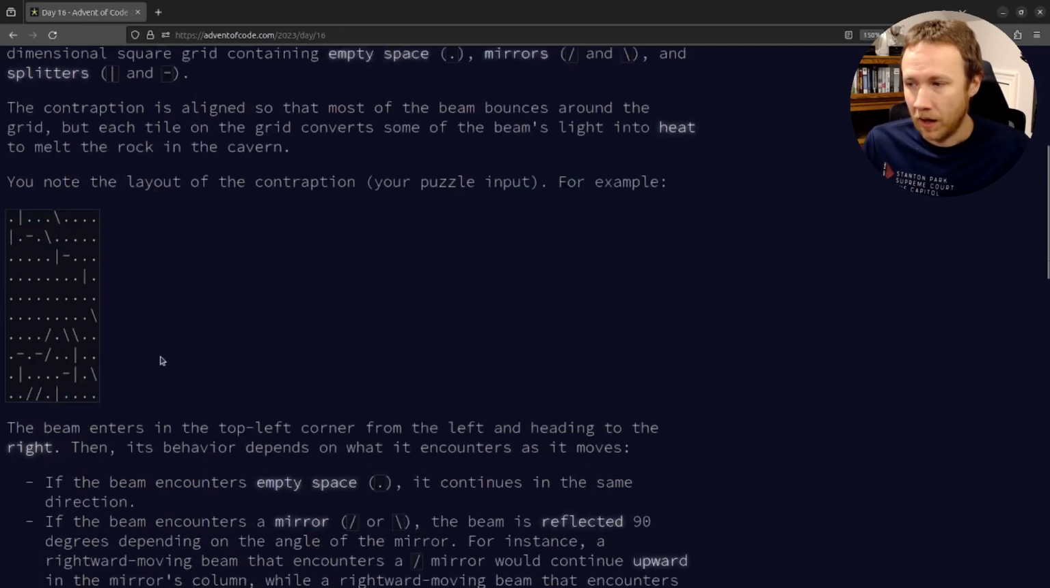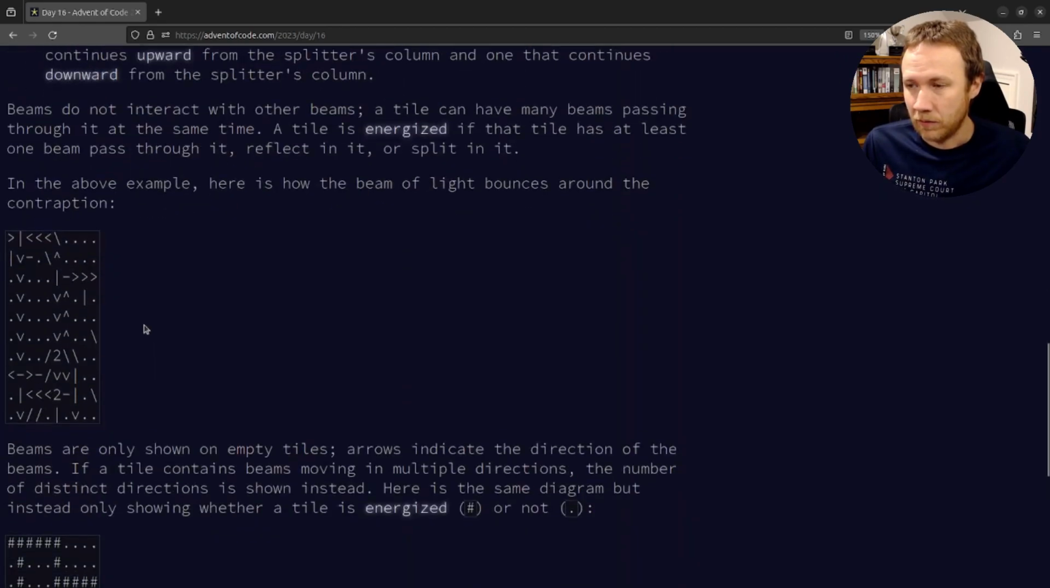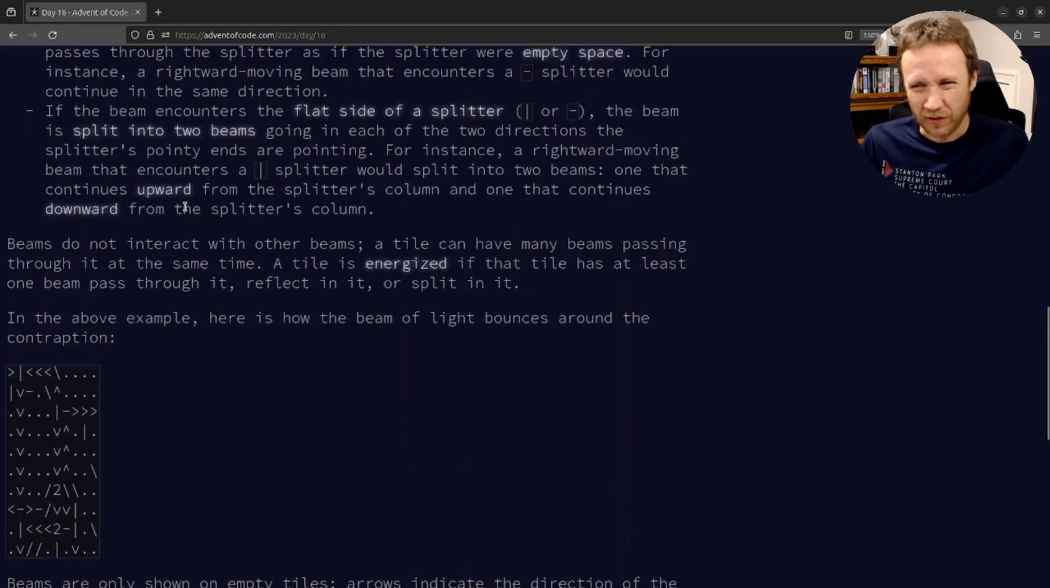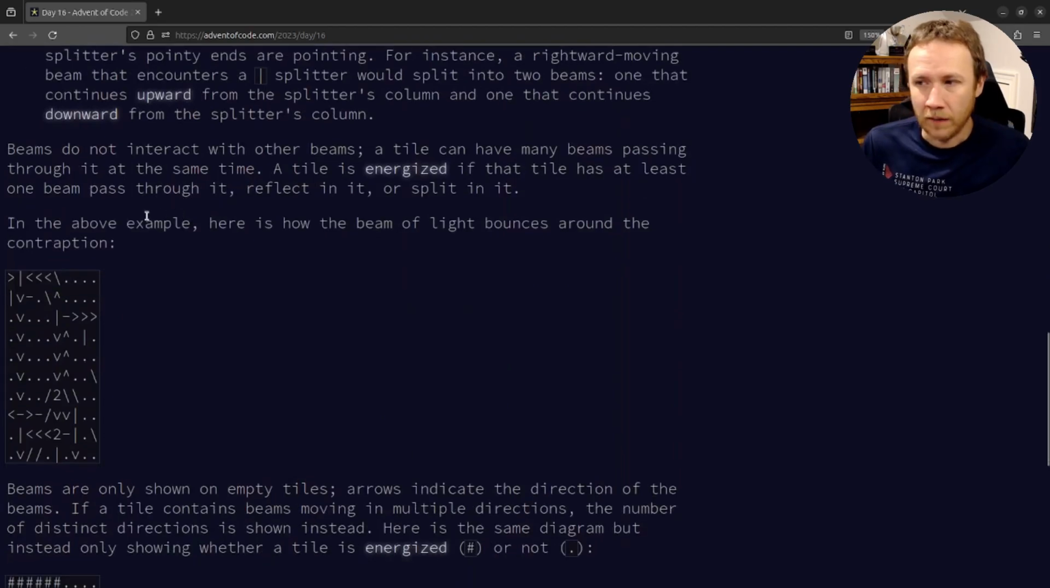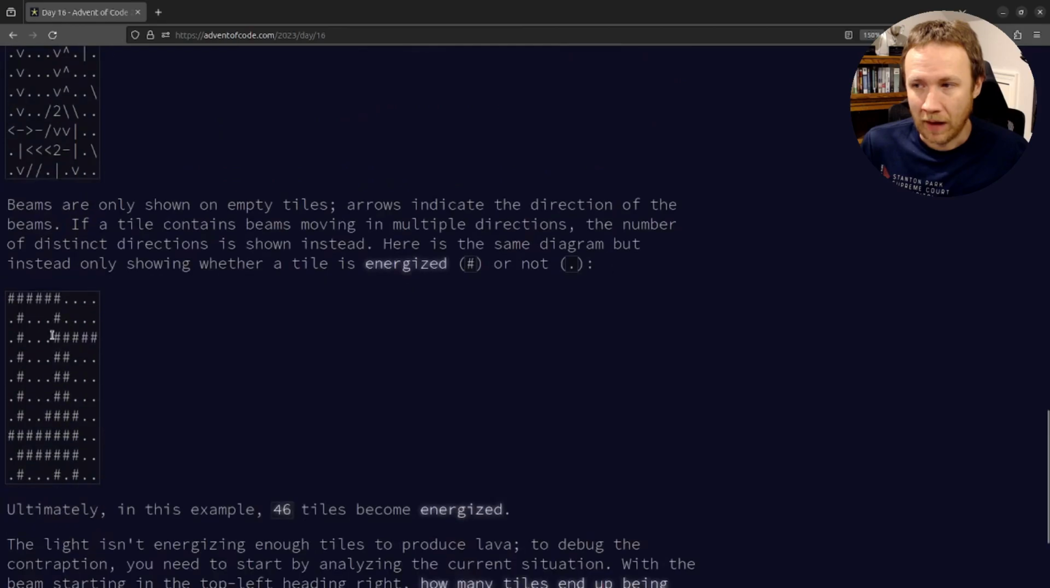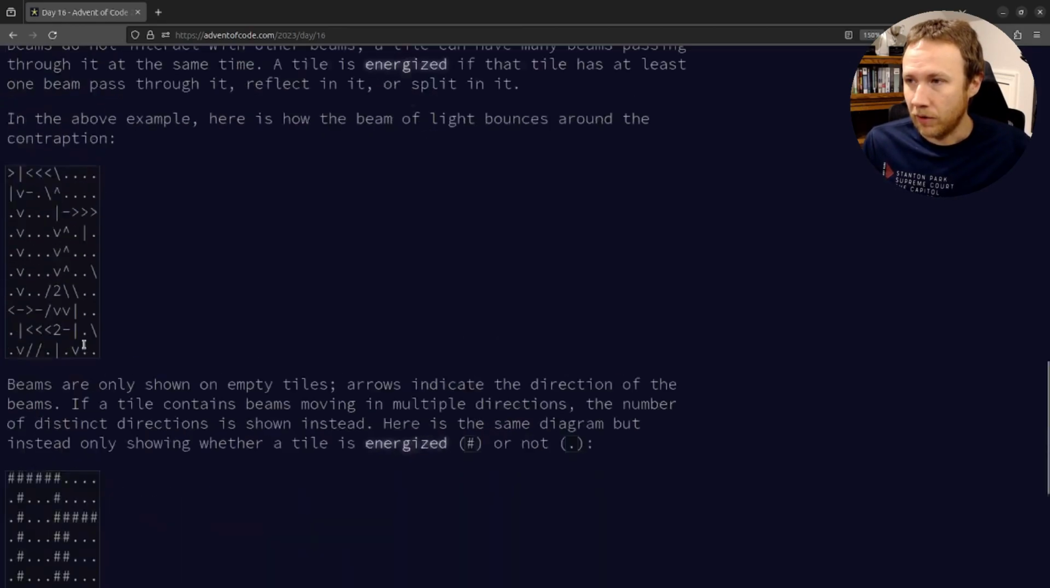So basically, we need to run that beam. If it goes off the edge, it just goes off the edge, and it's gone. We need to run that beam through till it's done, and figure out basically how many spots have the beam passing through it. So we will grab this